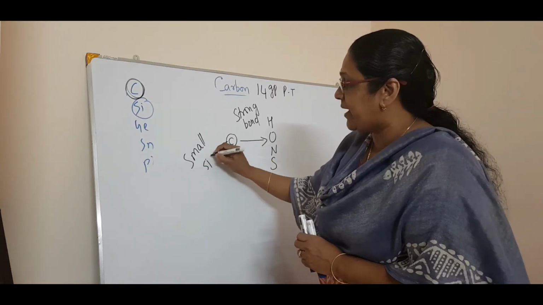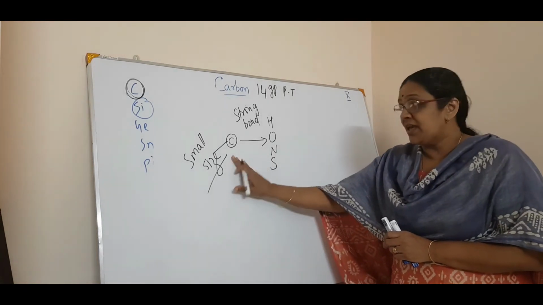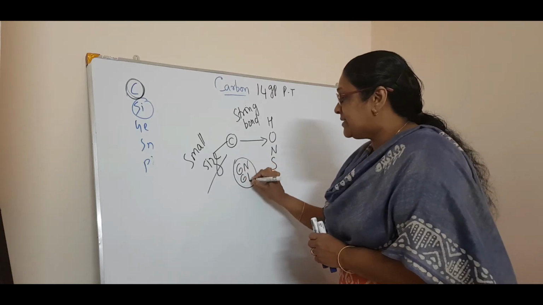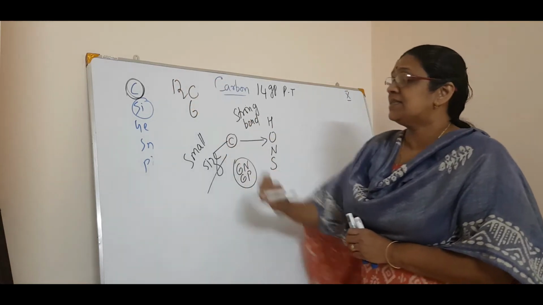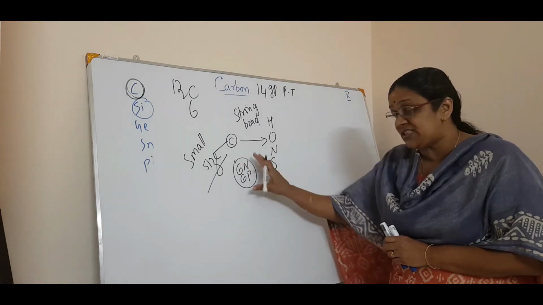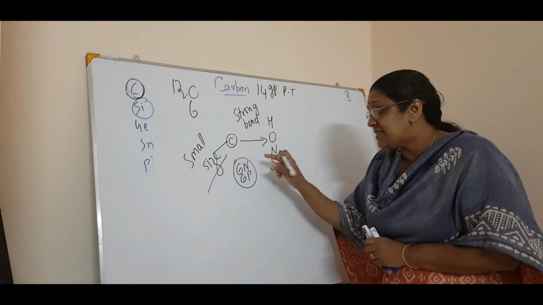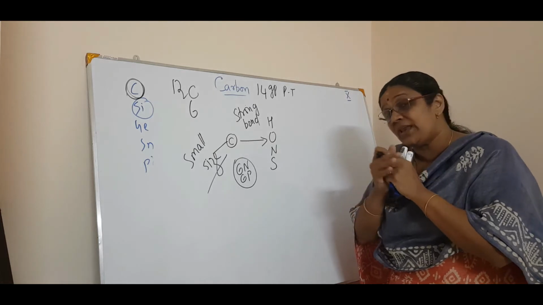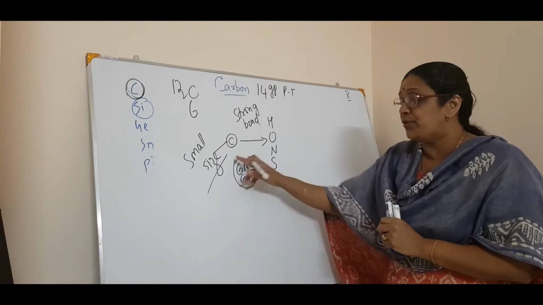Strong bond with other atoms due to the small size. That is the value point. In the carbon atom, how many protons and how many neutrons are there? 6 protons and 6 neutrons, because it is 6C12, so 6 plus 6, 12. And this small nucleus is positive charge, right? So this positive charge can attract the electrons from the other atoms, thereby the bond becomes very, very strong. So here a strong covalent bond is formed due to the small size.